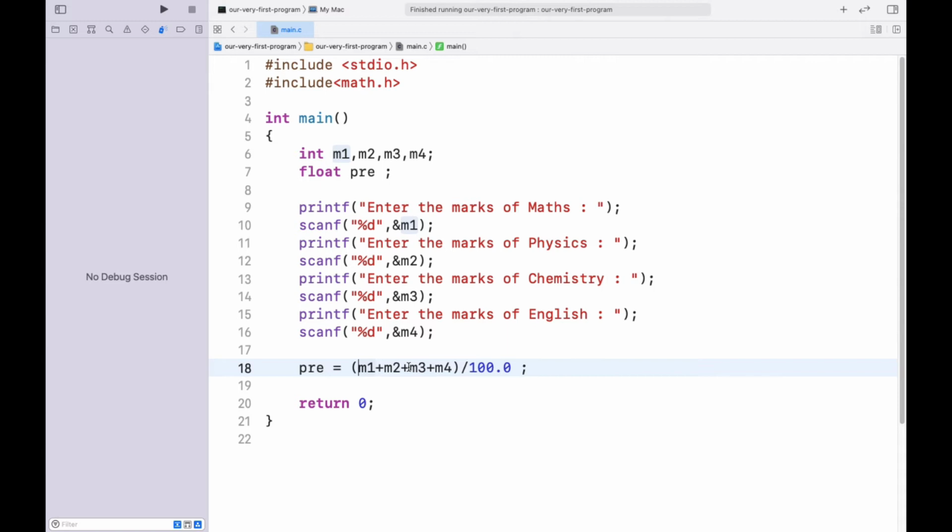But explicit conversions are not recommended, because they just add an extra piece of code. So let the compiler do its work on its own, and I am also going to use comments for better understanding. Calculating percentage.